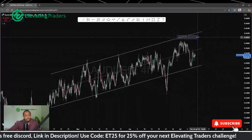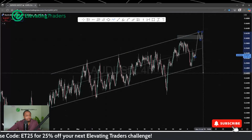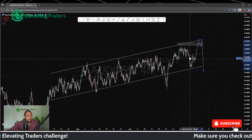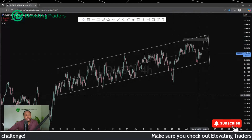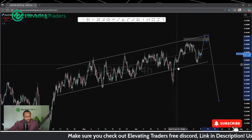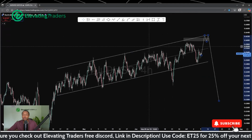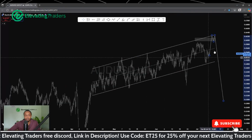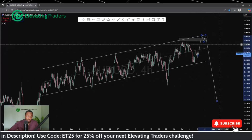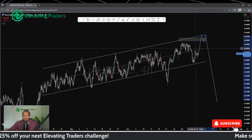My focus is still the upper end of the channel. If I can find another push into the high, I'll be very happy to take some shorts up there. Not really looking to operate within these areas. I do think the market is likely to break lower, especially when we have corrective ascending channels that look like this. Most of the time we normally do break lower, so the direction I want to be trading in is to the downside, and of course the location would be as high as I can take it, which would be the upper end